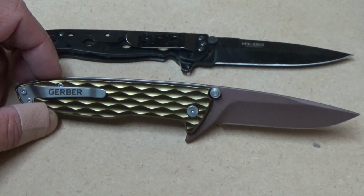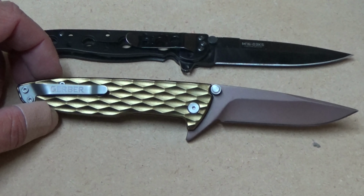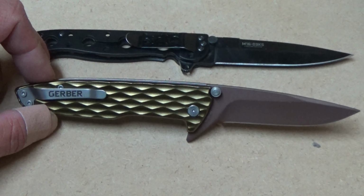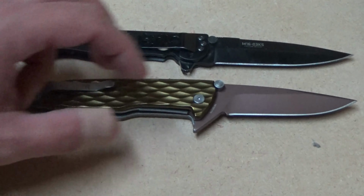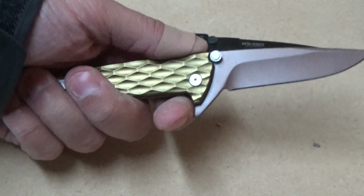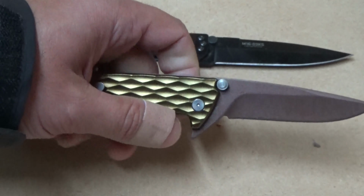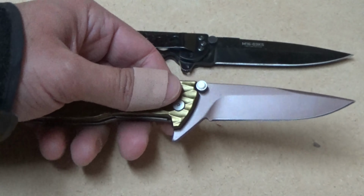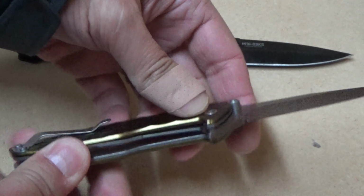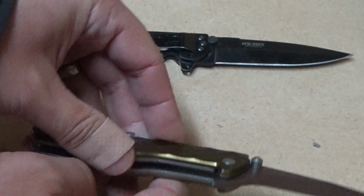So this was actually on my short list of everyday carry knives until I got it. And actually before I got it, I decided I didn't really want it. From this view, the profile, I think it's a pretty cool looking knife. And I have a thing for flippers, and I really like this flipper for a couple of reasons. One, you can flip it. Two, it keeps your finger from sliding up on the blade, and I'm a big fan of that. There are other ways to achieve that. And then three, especially with liner locks and frame locks, you can put your thumb or finger right up under that flipper, and then whenever you release it,